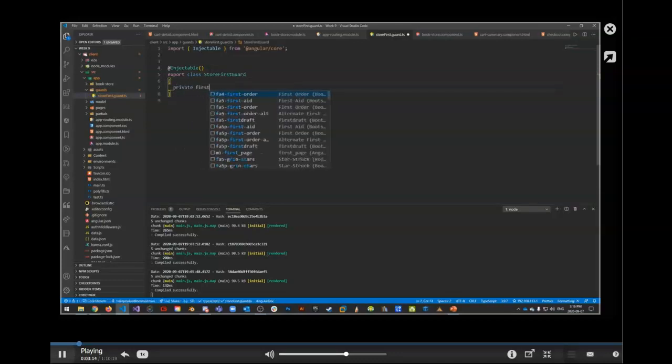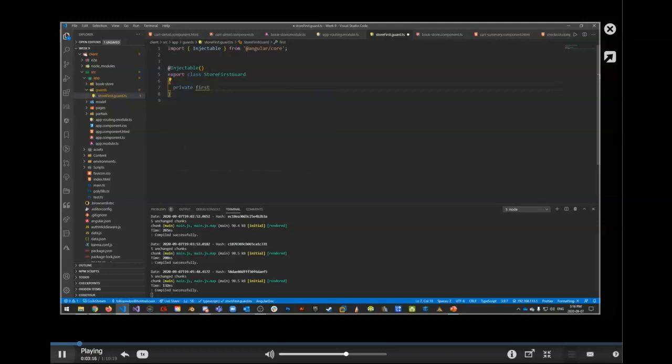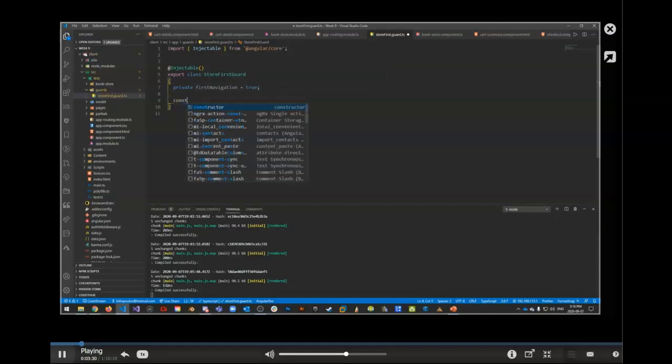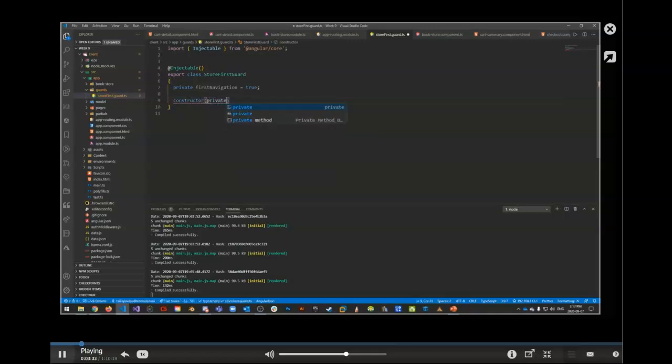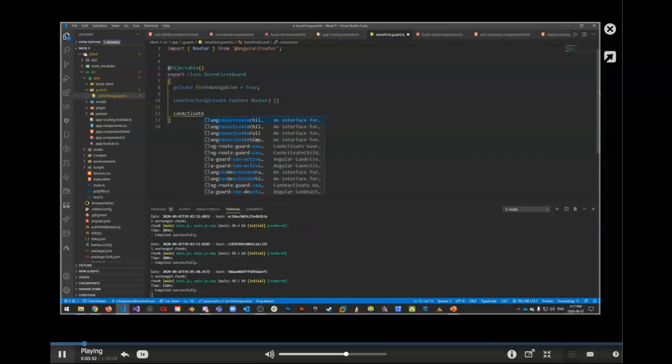And we're going to have a private firstNavigation. We're going to make that equal to true. We know that if it's equal to true, this must be a Boolean through implicit typing. We're also going to make a constructor so that it takes a private router, which is of type Router. And we want to make sure we handle that one properly. Let's put that on the same line just to be the same as in the PowerPoint this time around. We're going to have a method called